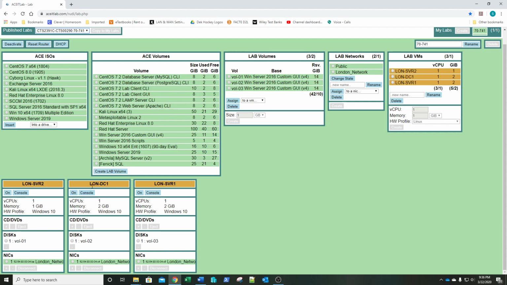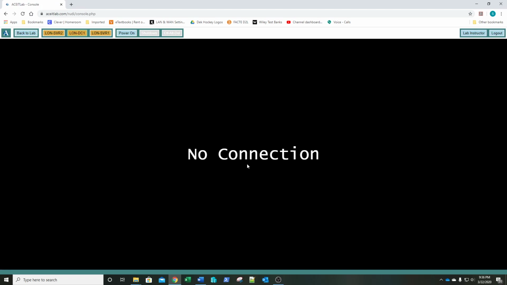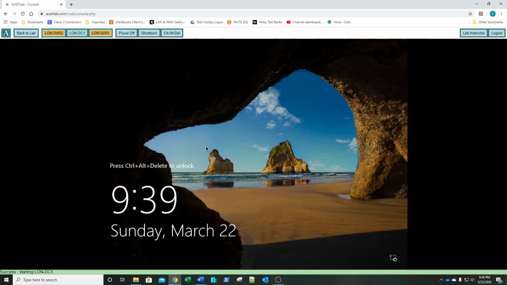At that point, it'll take a few moments, and the bar right here will change colors, and then you'll be able to click on the console tab. Now this one has been hibernated, so I'm just going to click power on there, see if we can get a connection, and right there I've got a log on screen. Now yours will say setting up device, configuring, and so on and so forth until you get to the log on screen. When you're ready to log on, you're going to use this Control Alt Delete button at the top. You're going to press that,